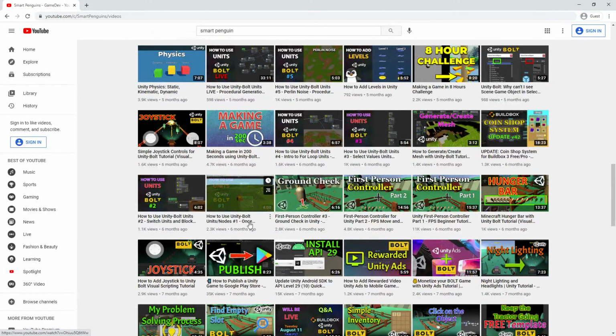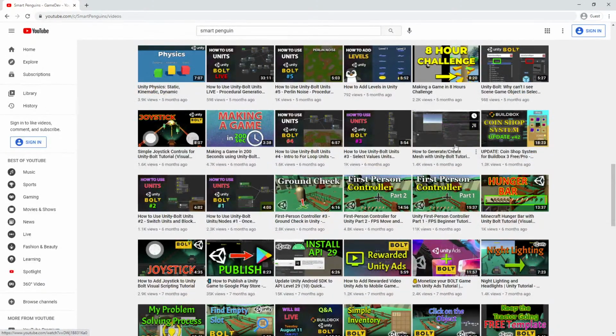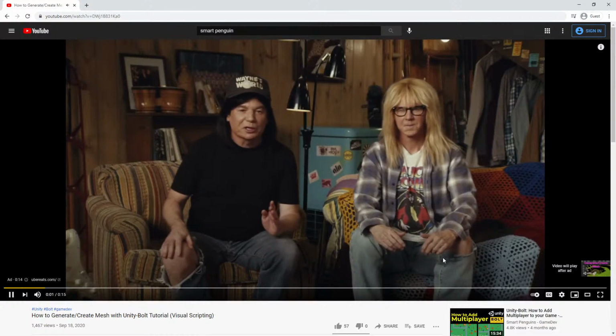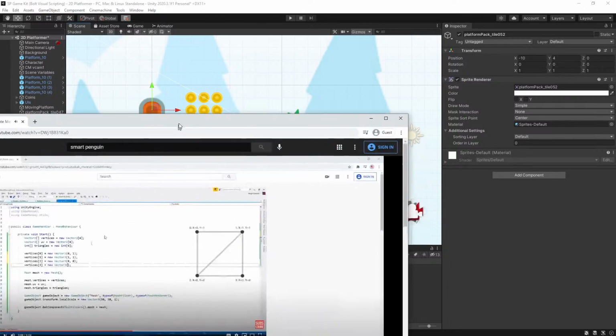But what I was talking about is how to... Okay, so it's this one right here. How to generate and create meshes with the Unity Bolt tutorial. Okay, we have an ad right here. Sorry about that. Can't even skip it. Okay, so